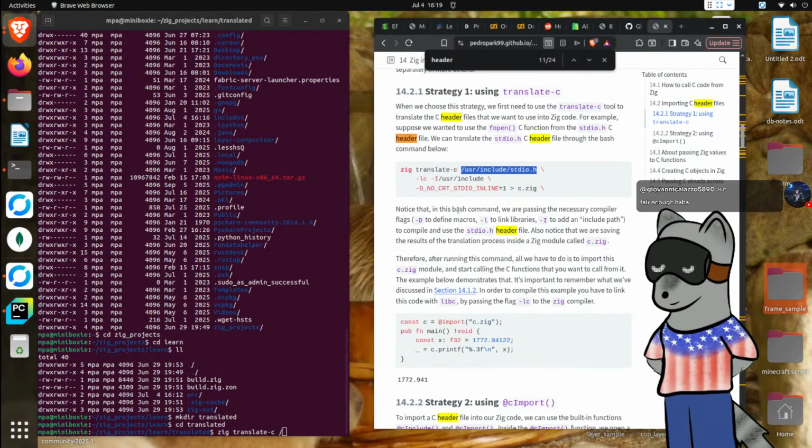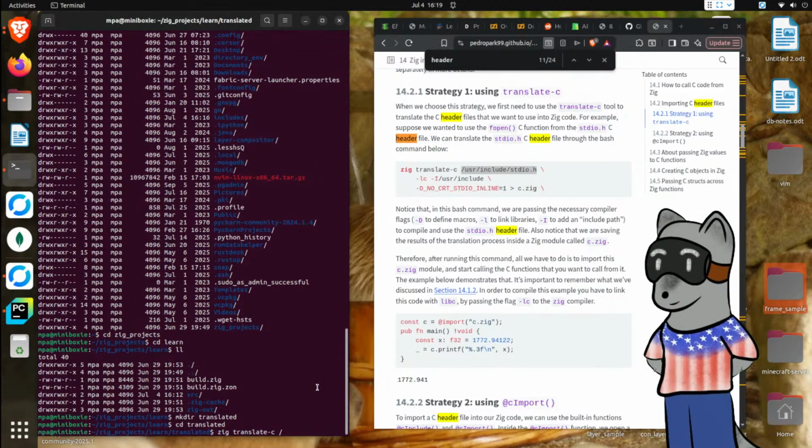But for now, let's see here. We want to translate this. So